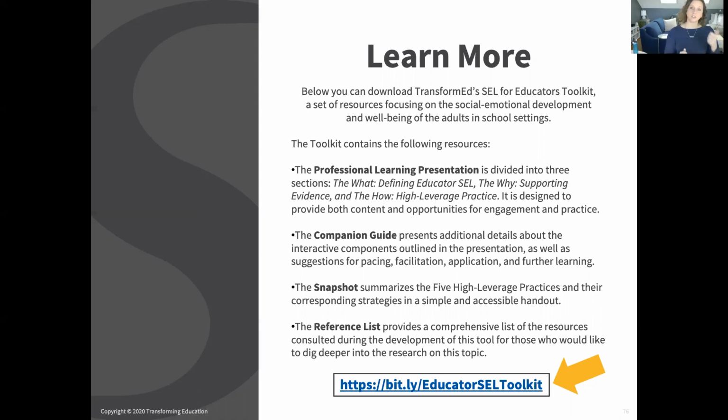The snapshot, which I just showed you, is a great little handout to summarize all of this information, to perhaps hang next to your desk in a classroom, in a staff room, to remind each other and yourselves of how to engage with these practices. And lastly, we have a comprehensive reference list that lists out all of the research and the studies that we connected to in order to create this toolkit.